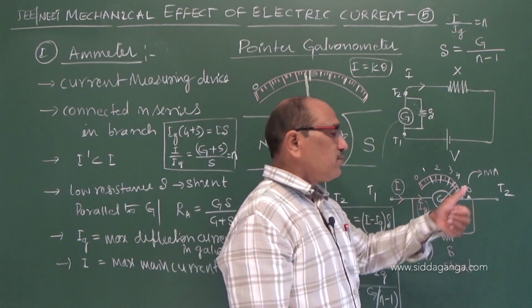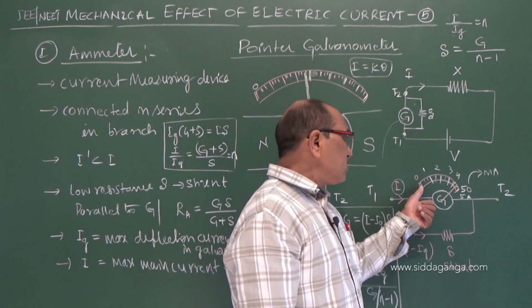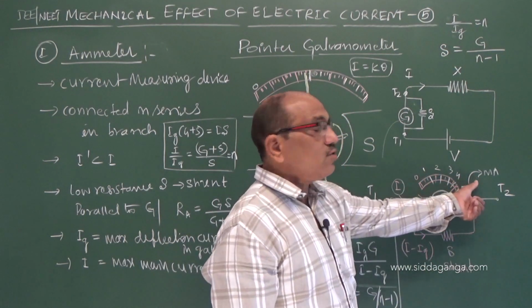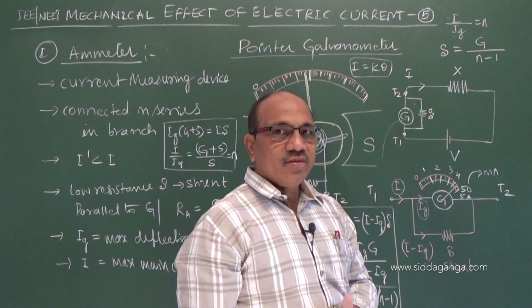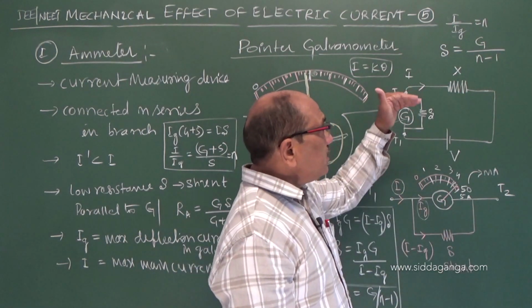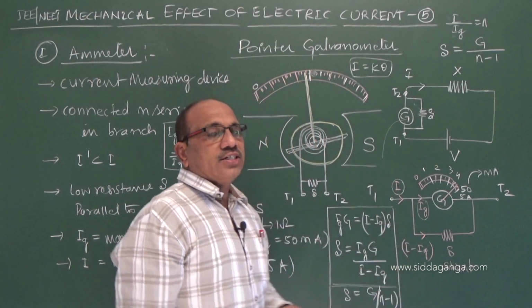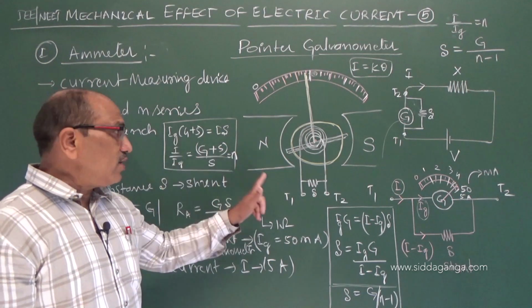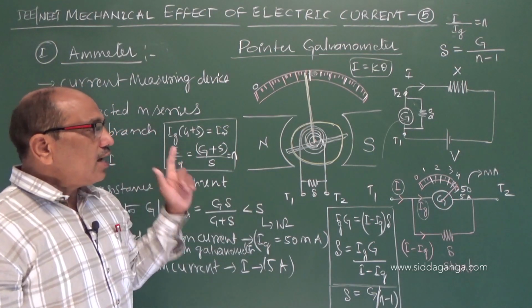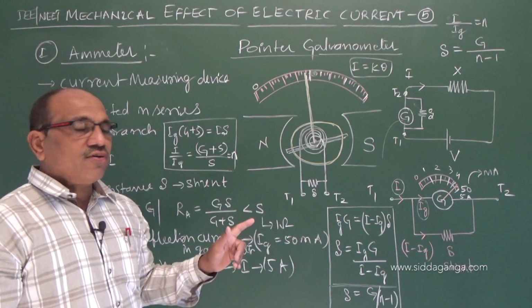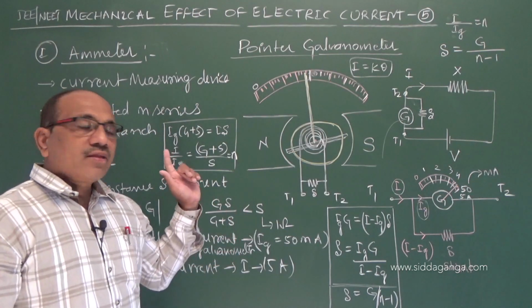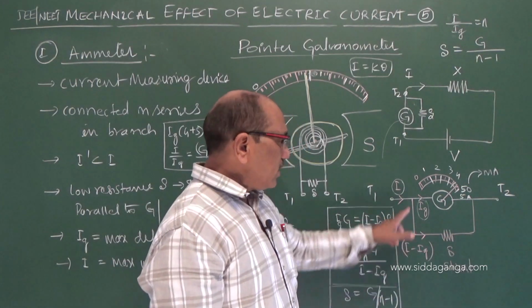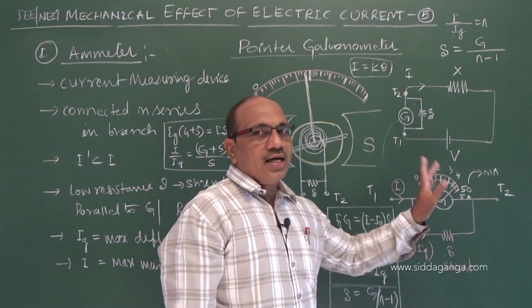It is 0 to 5 amps. Each division is 0.1 amps, earlier it was 1 milliamp. See the difference? Sensitivity decreases and range increases in the case of an ammeter when a galvanometer is converted into an ammeter. For an ideal ammeter, the resistance is almost 0, so that it can work as an ideal ammeter.